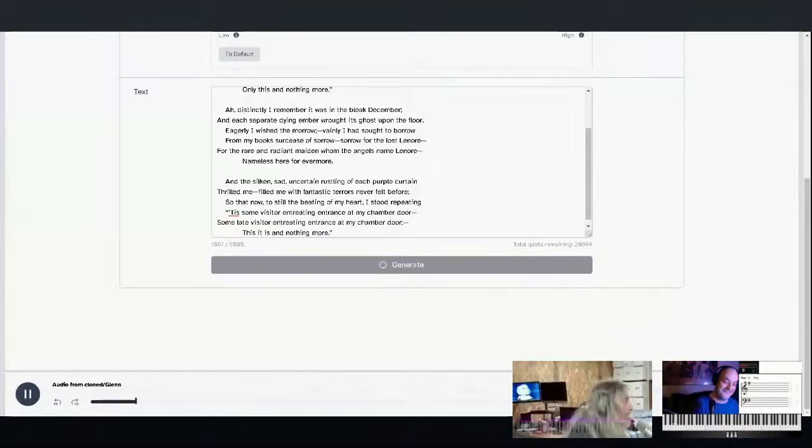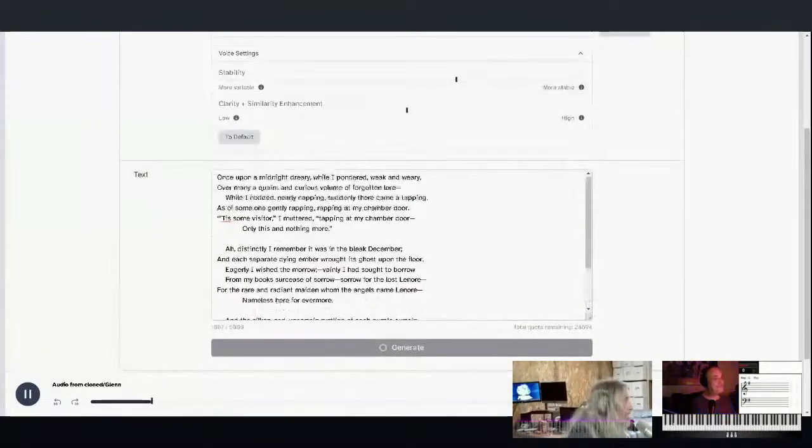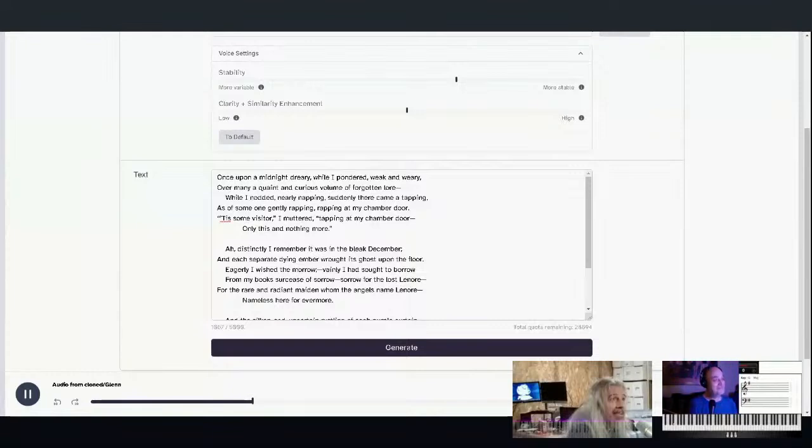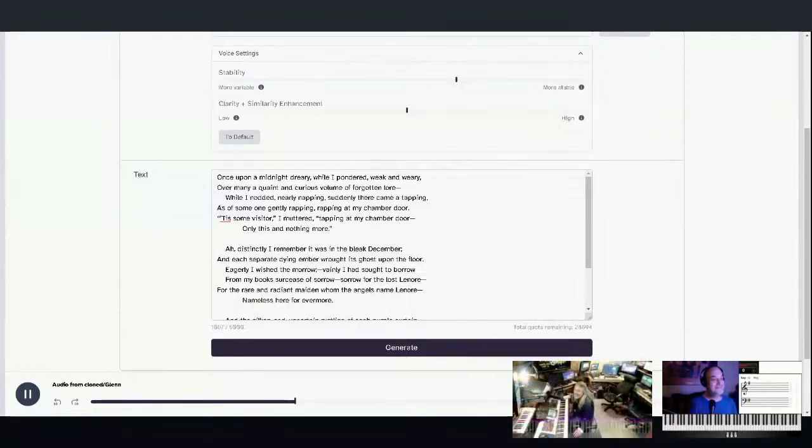Once upon a midnight dreary, while I pondered, weak and weary, over many a quaint and curious volume of forgotten lore, while I nodded, nearly napping, suddenly there came a tapping, as of someone gently rapping at my chamber door. "'Tis some visitor," I muttered, "tapping at my chamber door. Only this, and nothing more." Ah, distinctly I remember it was in the bleak December, and each separate dying ember wrought its ghost upon the floor. Eagerly I wished the morrow.